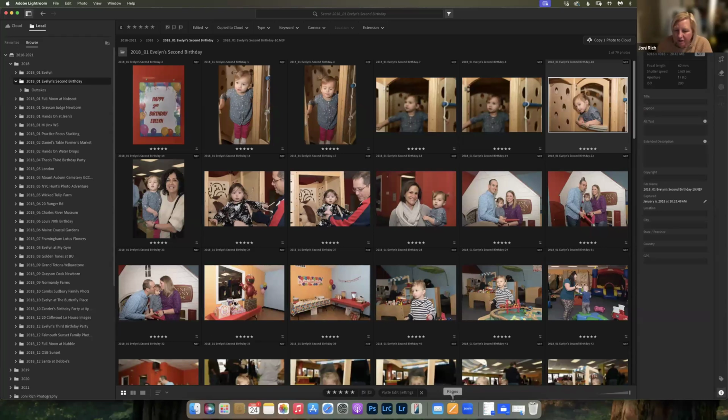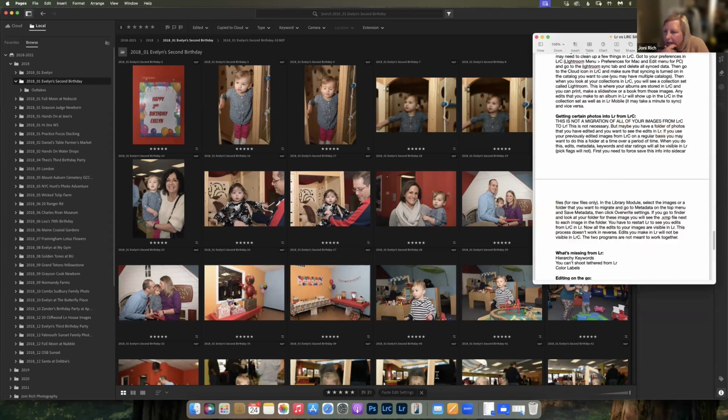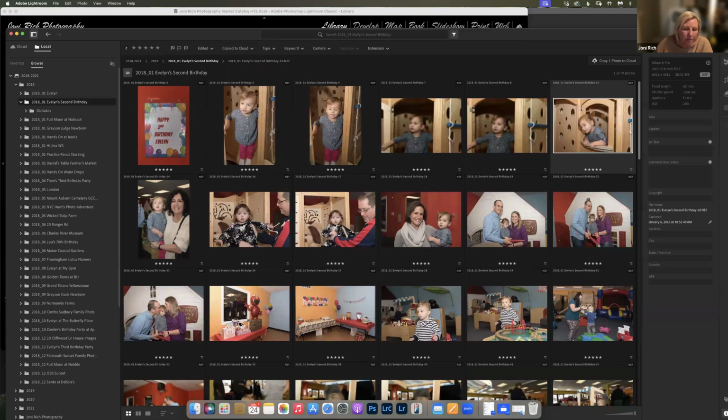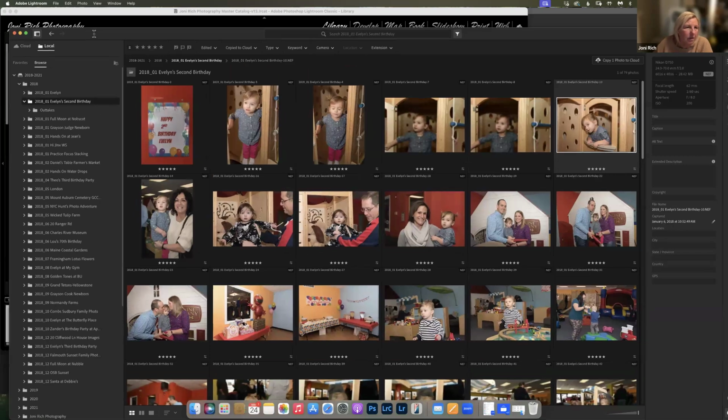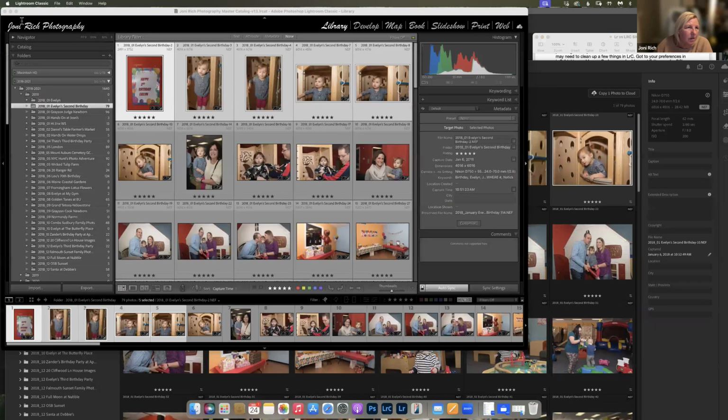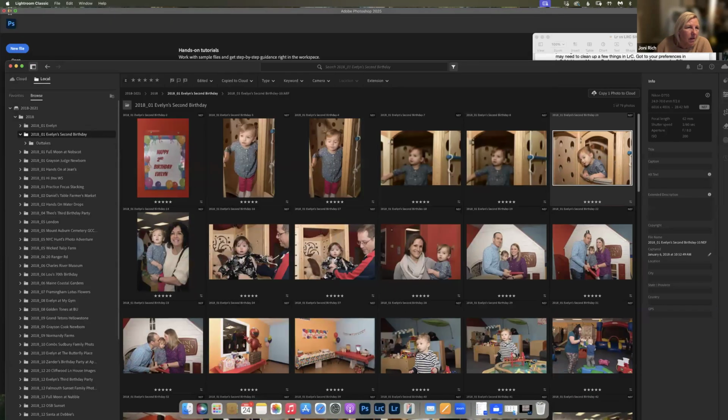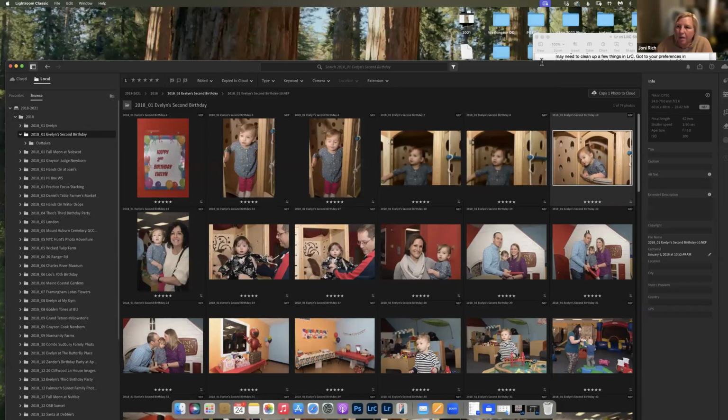And the directions are here in the notes. So save, overwrite. If you go to Finder and look at your folder, what you're doing is saving the XMP right next to the image. Because even if I go in here, close this. Let's see. I have to wait till this gets there. There we go. If I go to these hard drives,